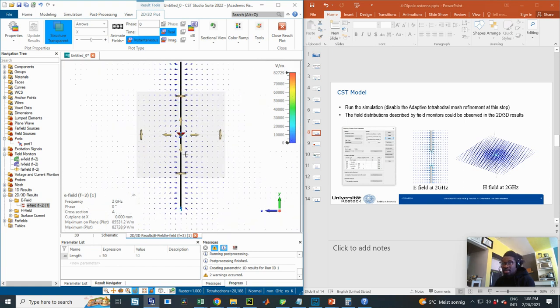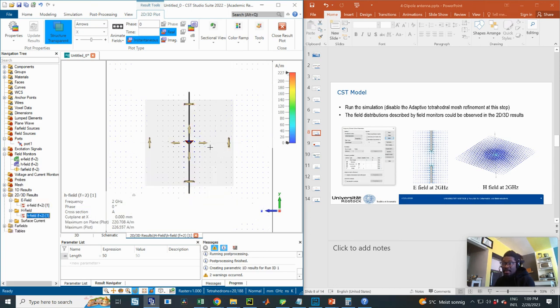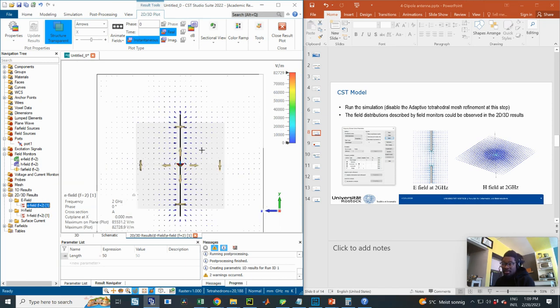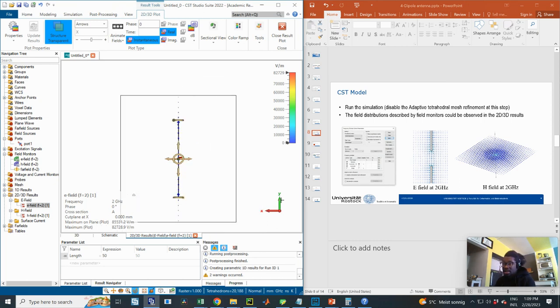And let's see, and compare with the image we have here, you see that we have the same field profile for the E field and then for the H field, and this is the YZ plane, and then for the H field we have this. It has only normal components. Okay, something you can see from this is that it has just tangential components, the E field. So if you should look at the YX direction, you see that it doesn't have any. The E field at 2 gigahertz